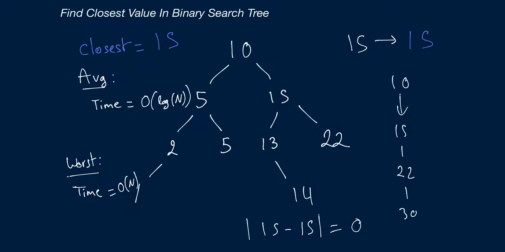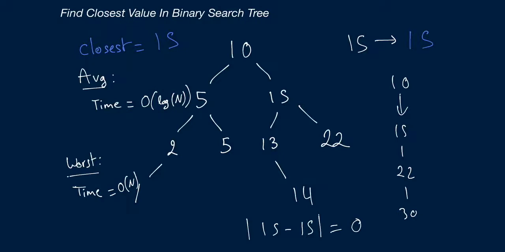But again, in the worst case, when we have a tree that just consists of one branch, well, that's going to be O of n, because we're going to be calling this recursive function on each and every single node. And so once we get to the very bottom node, we've got roughly n frames on the call stack